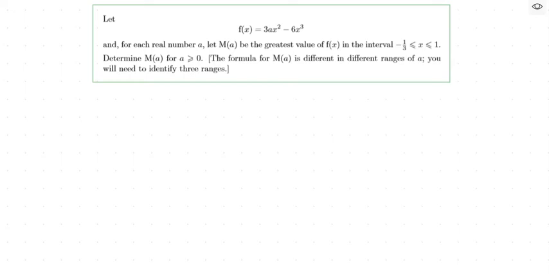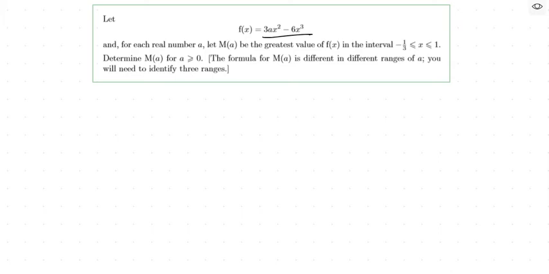Okay, I'm going to give this question a go. I must confess, I did this question the other day and I got a different answer to the one that's in the mark scheme. I have checked my working over and over again and I can't quite see where I've gone wrong. So I also think that the mark scheme itself doesn't make any sense. So I'm going to present what I've done, and if anyone can find any mistakes that I've made, I will be very appreciative. So, the question is, let f of x equal this equation here, and for each real number